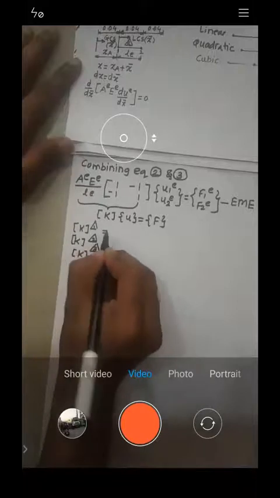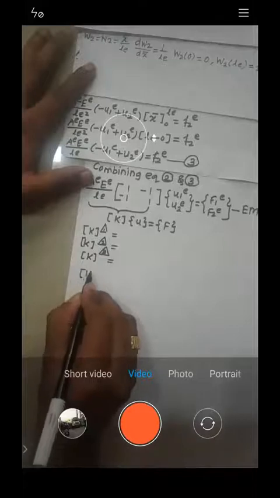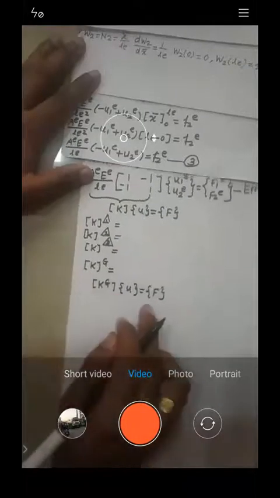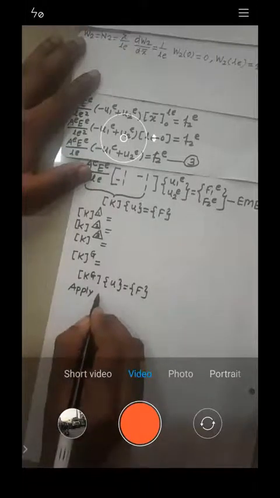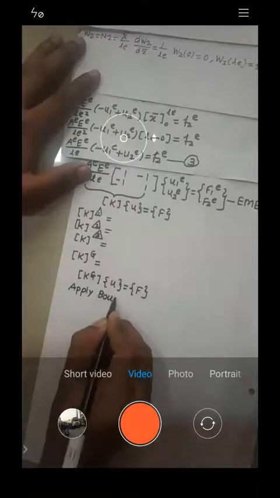Yes or no? Because see, here there are how many elements? There are 3 elements. So you calculate the stiffness matrix for every element. Once you have that stiffness matrix, you calculate the global stiffness matrix, right? After that, you write down GME, that is global stiffness matrix into displacement is given by force, right? When you write down this equation, you apply the boundary condition.